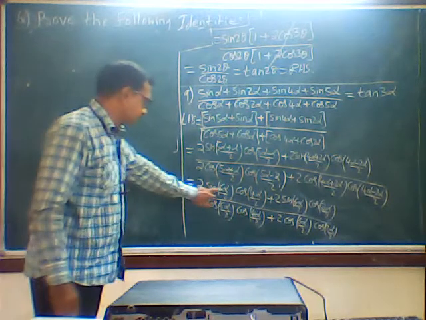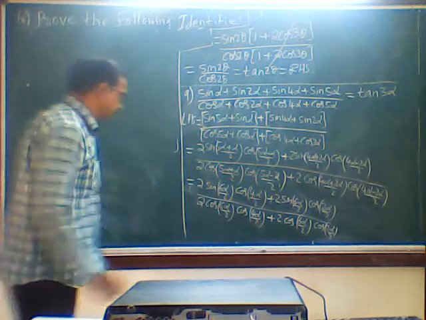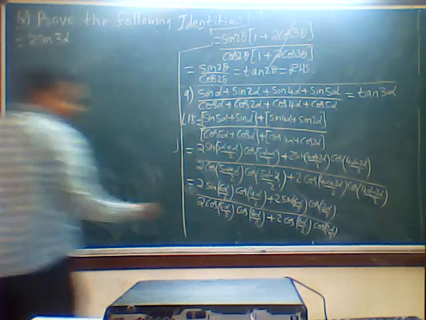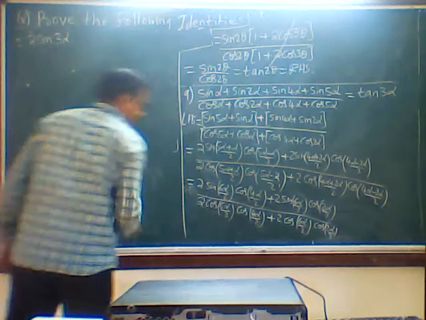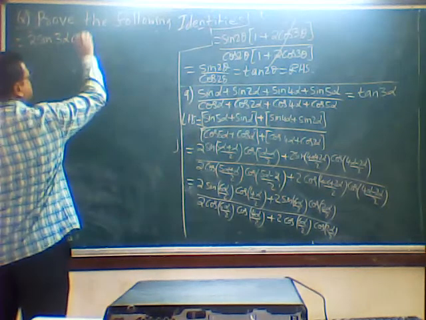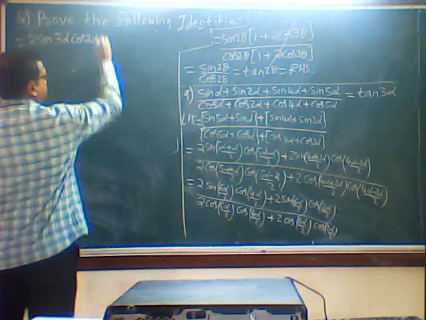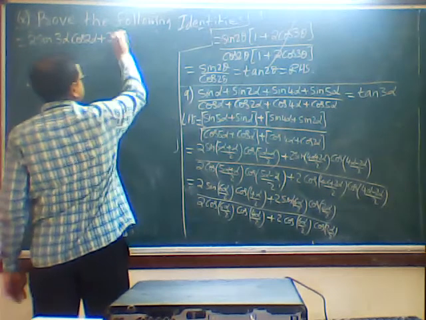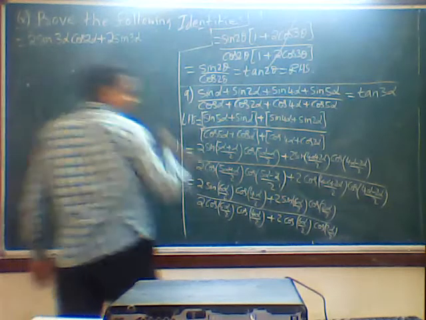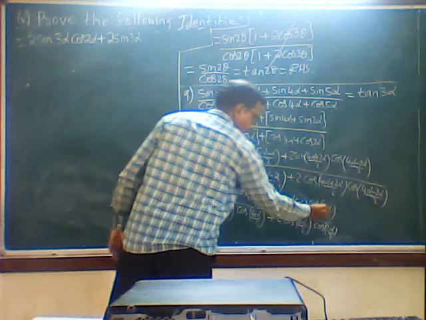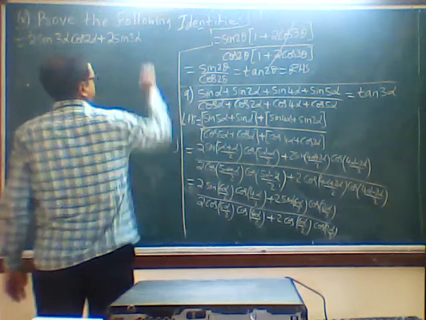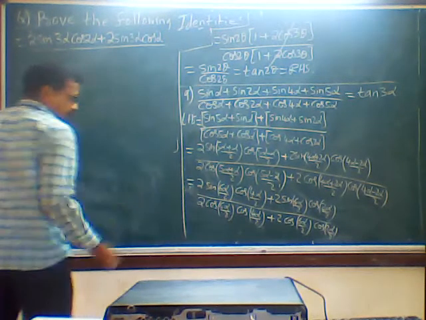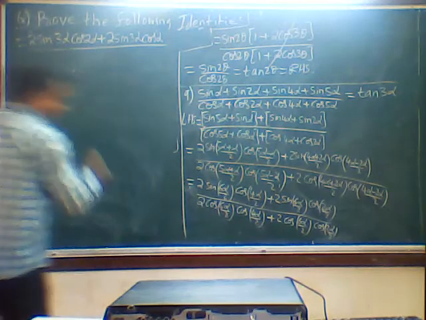Next step I will write here. 6 alpha by 2 is what? 3 alpha. 2 sin 3 alpha, 2 on that, 2 to that, cos 2 alpha. Okay? Plus again 2 sin 3 alpha, again the 2 cancels, cos alpha, whole thing divided. Next 2 on the 2, 3 alpha, again 2 cos